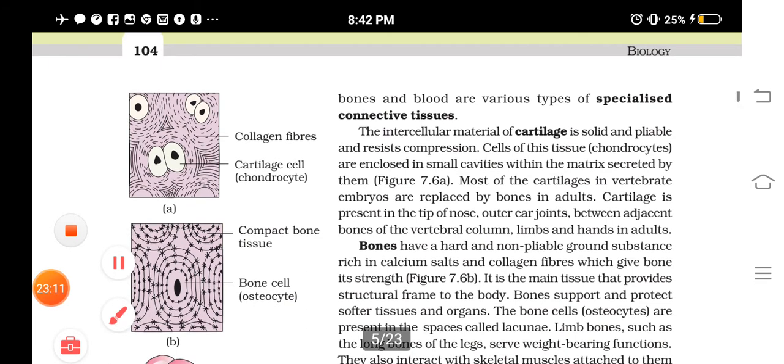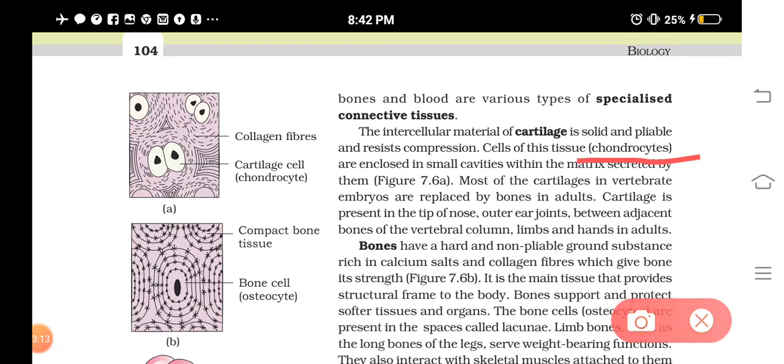What are they? Chondrocytes. Have you studied about Chondrichthyes and Osteichthyes in Pisces? So I told you bony fishes and cartilaginous fishes, isn't it? Cartilaginous fishes are also known as Chondrichthyes. So now you understood how the name Chondrichthyes came, because the cells of the cartilage are known as chondrocytes. And you can see that this is the matrix of this.